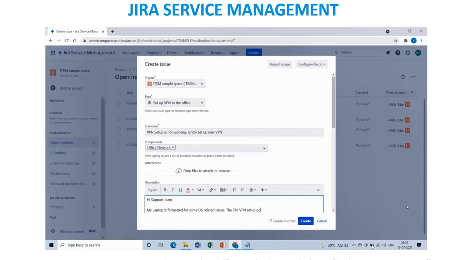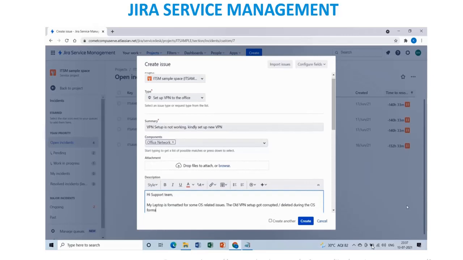Maybe he is using the Cisco AnyConnect VPN tool for connecting to the VPN setup, or any other third-party tool is also possible. He also confirms that the issue occurred only during the OS format. Prior to that, there was no issue with the system.